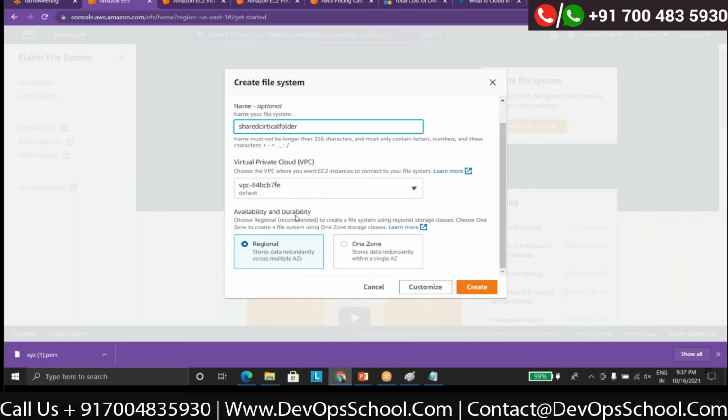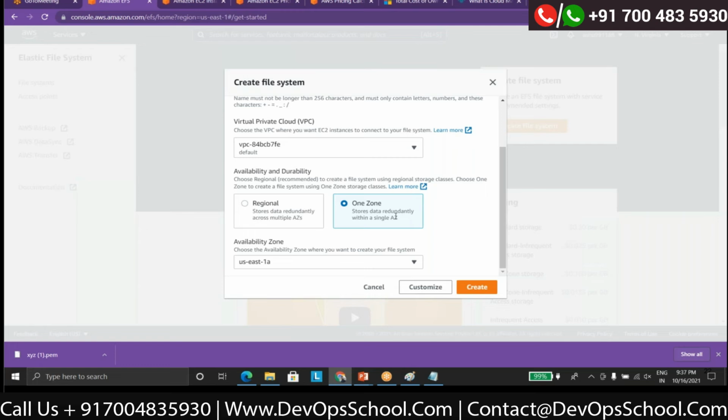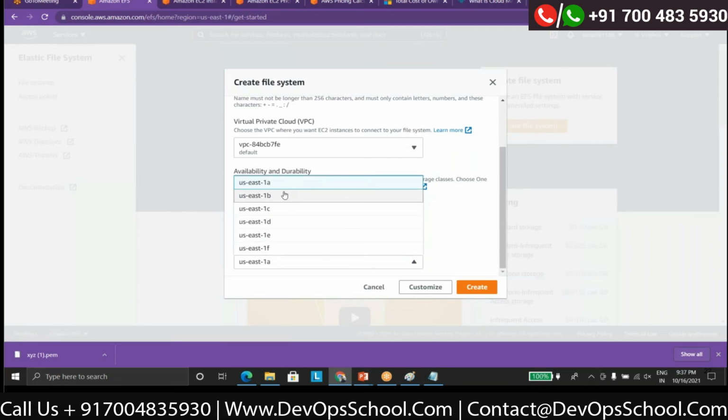Availability and durability. If you want to store data in multiple AZs in a region, there will be 3 AZs, generally 3, 4, 5, it can be more. Or you can store it in a particular AZ only. For example, I am in US East 1, where there are 6 availability zones.